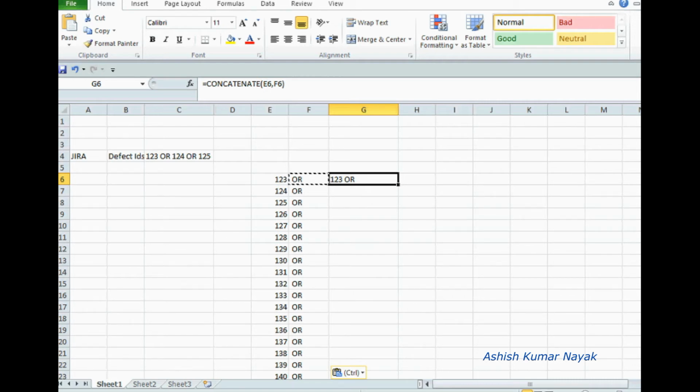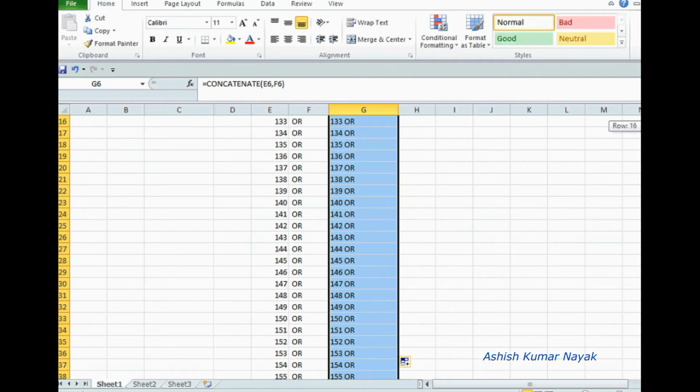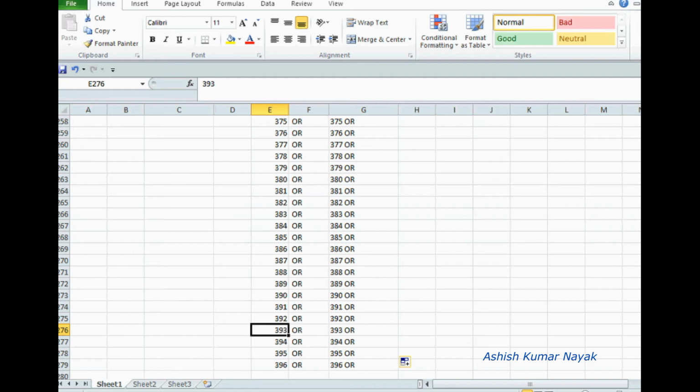If you put the mouse like this, you can see a cross mark, right? Double click on it. All the values are created. Like 393 plus OR, here it is 393 OR, 394 OR, here 394 OR, all values are concatenated.